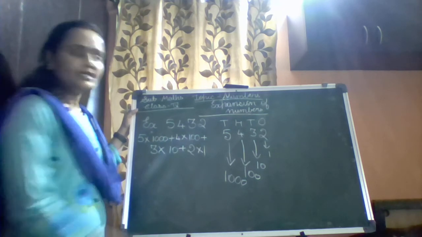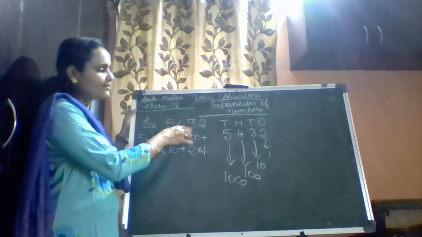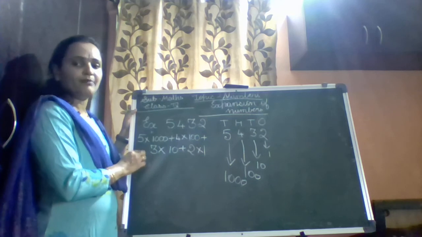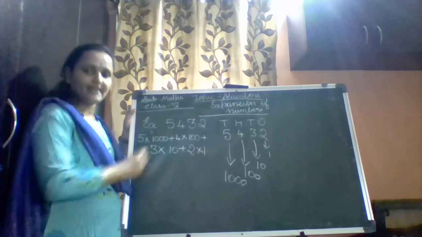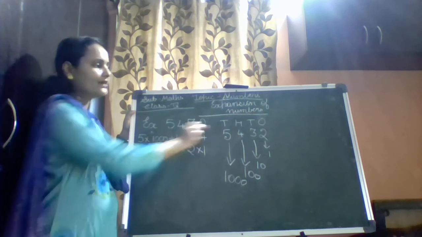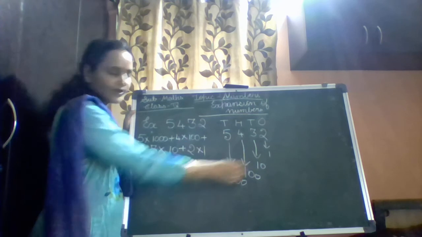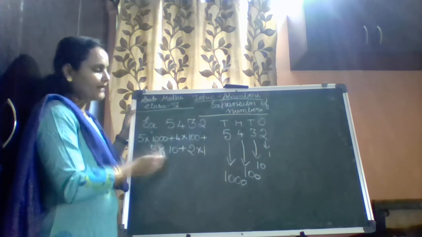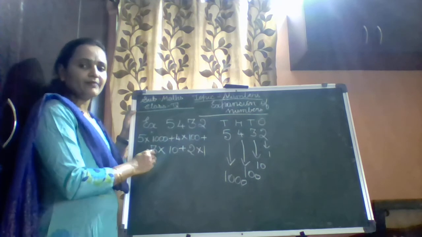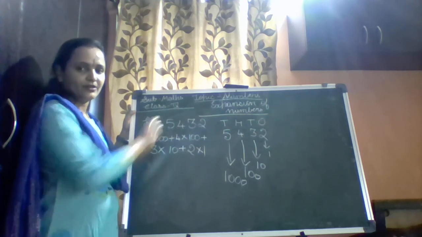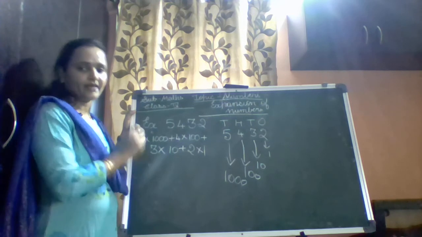When you are given this number, it will be in the standard form, and this will be your expanded form. Sometimes they will give you the standard form and ask you to write the expanded form. So you have to write it like that. First write the place values and, until you get used to it, write the number of digits, and then expand the number. And the next topic, they will give you the expanded number. From the expanded number, you have to write the standard number. So this is how you expand a number. Now we'll move on to the next exercise of the same type.